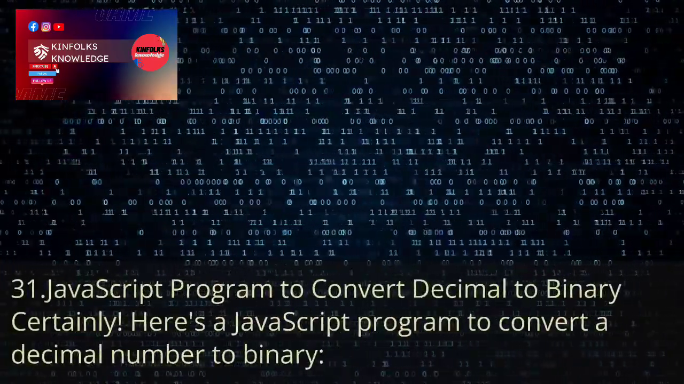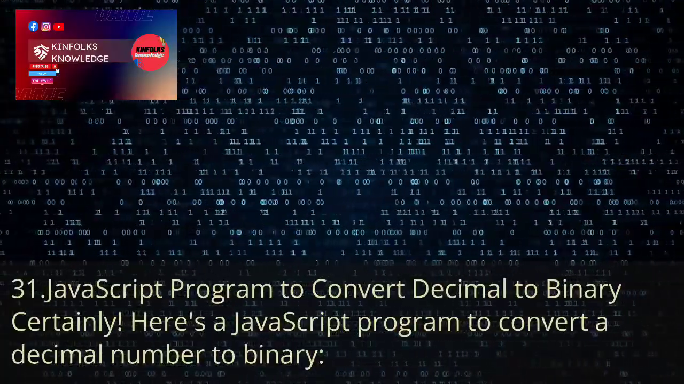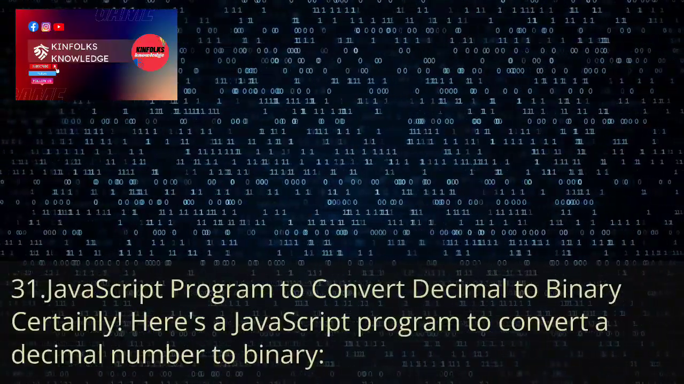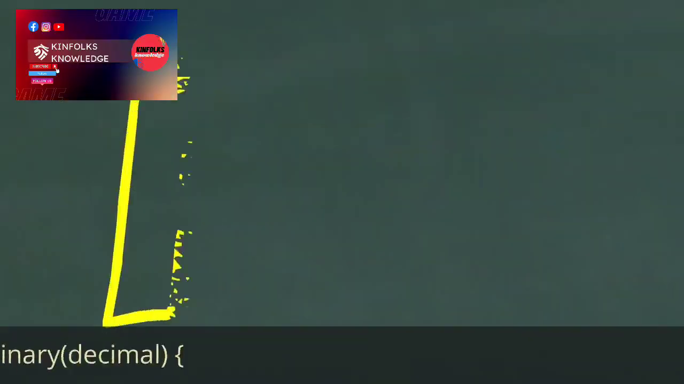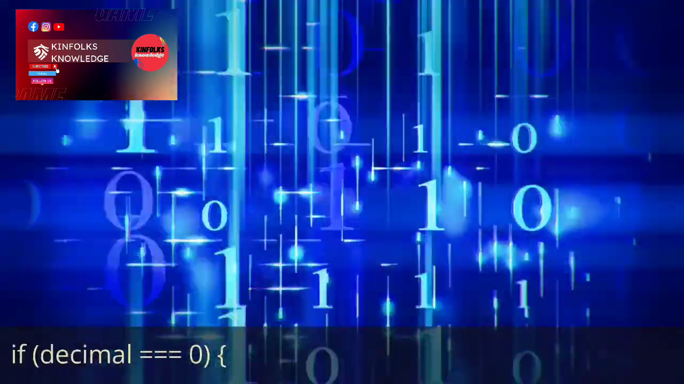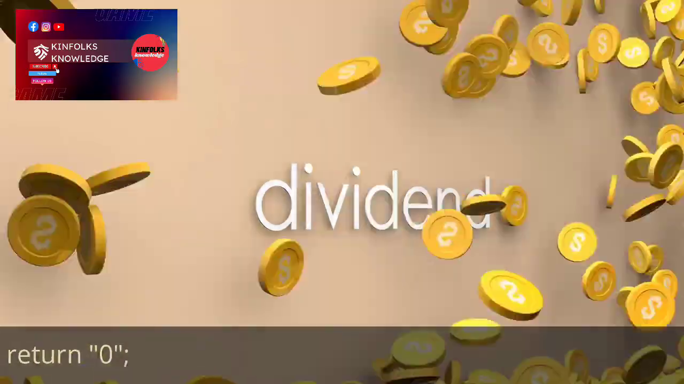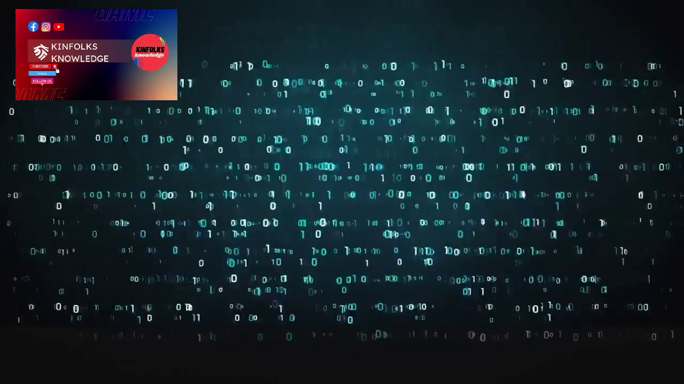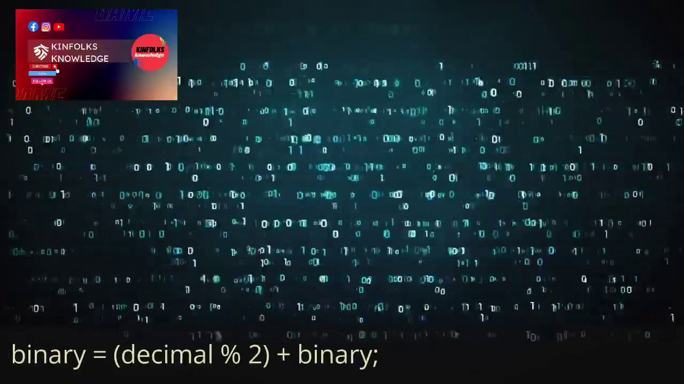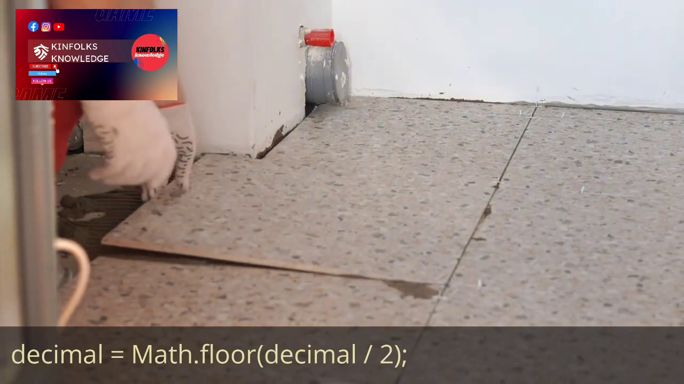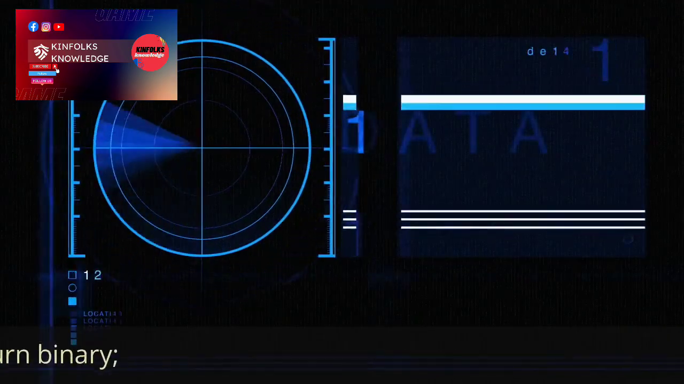JavaScript program to convert decimal to binary. Certainly. Here's a JavaScript program to convert a decimal number to binary. function decimalToBinary(decimal) { if (decimal === 0) { return 0; } else { let binary = ""; while (decimal > 0) { binary = (decimal % 2) + binary; decimal = Math.floor(decimal / 2); } return binary; } }